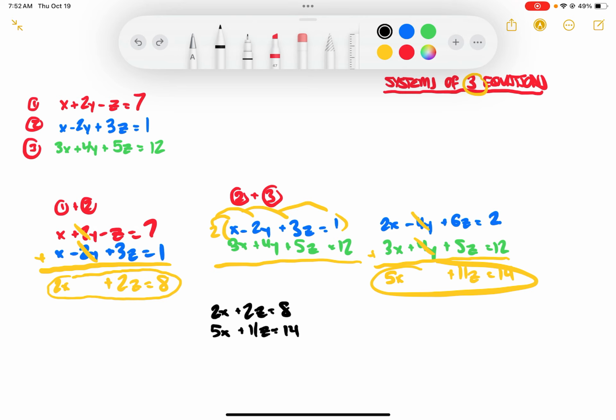Actually, they're all positive, so there's definitely no way they're going to cancel out. Not only that, but I can't multiply one of the equations by an integer and get it to be an opposite of the other, right? 2 times anything that's an integer is not going to get me to -5. So now I've got to think about a least common multiple, right? 2x and 5x. Well, I could turn 2 into a positive 10, and I could turn 5 into a negative 10, right? And once I do that,